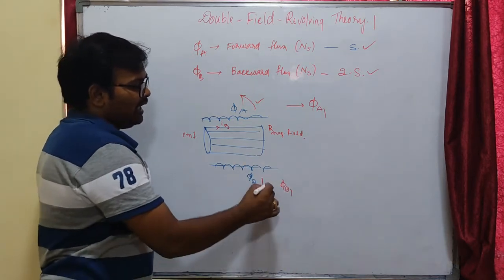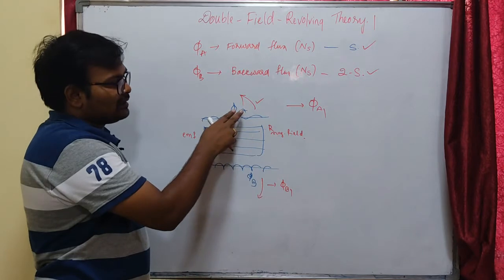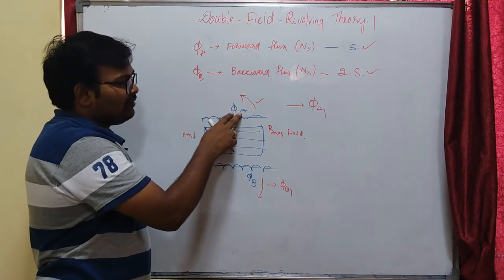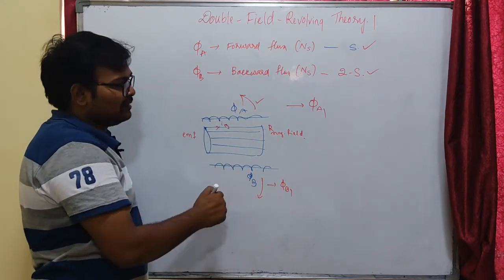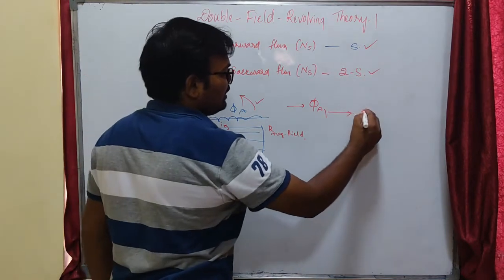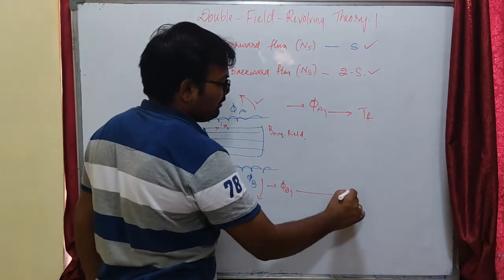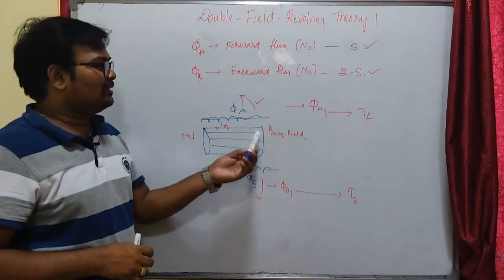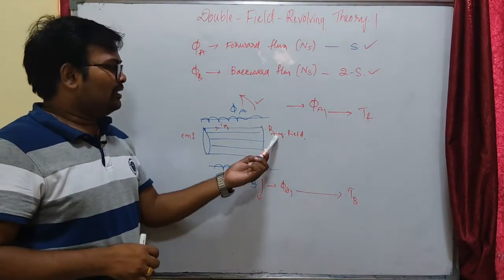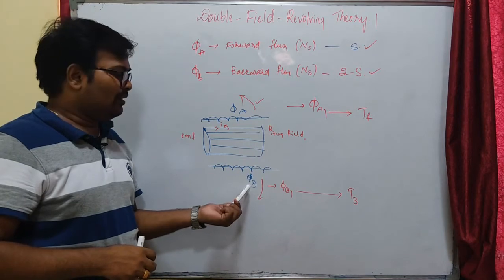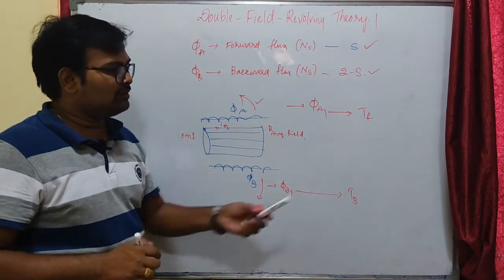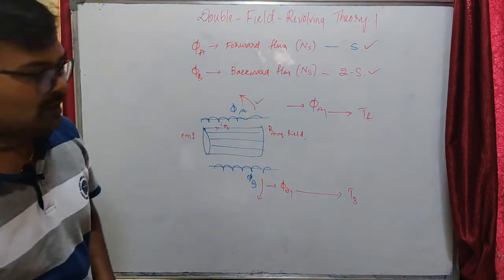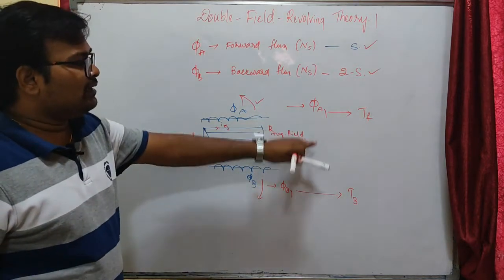So our rotor magnetic field tries to link with the stator magnetic fields, one rotating in the forward direction and another in the reverse direction. That induces a forward rotating torque and a backward rotating torque. Whenever the rotor magnetic field links with the forward rotating stator flux, it induces a forward torque. Whenever it links with the backward rotating stator flux, it induces a backward torque. Now we have two torques here, one forward and another backward.